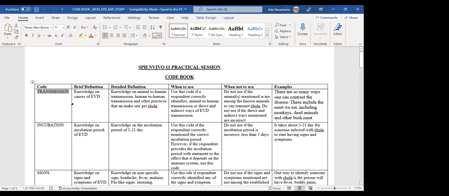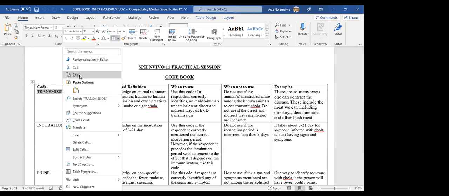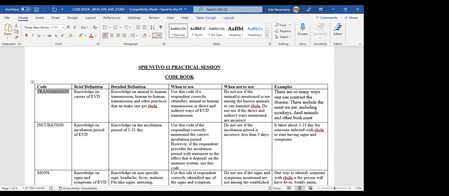So usually I like people to do the code book and then copy directly from the code book into NVivo. That way, there's no mistake of writing it in the wrong way, or capitalizing when you shouldn't, or using lowercase when you should have used an uppercase. Okay, so I copy this NVivo transmission, then I go